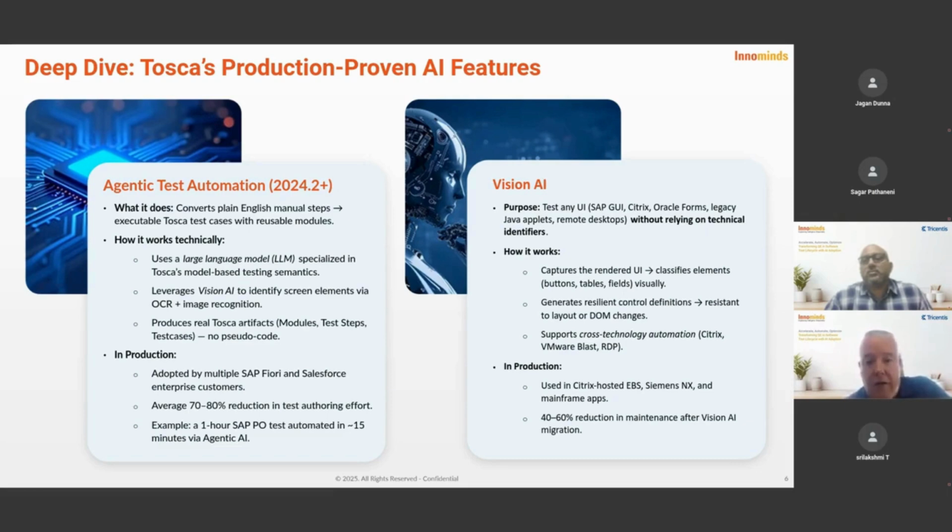But what this really resulted in, apart from being a universal driver that can handle any technology, it became the eyes of our agentic capabilities. So our agentic agents could look at a screen and discern what they were seeing and then reason how to proceed to that next step. So the combination of these two allows for the automatic generation of model-based test automation.